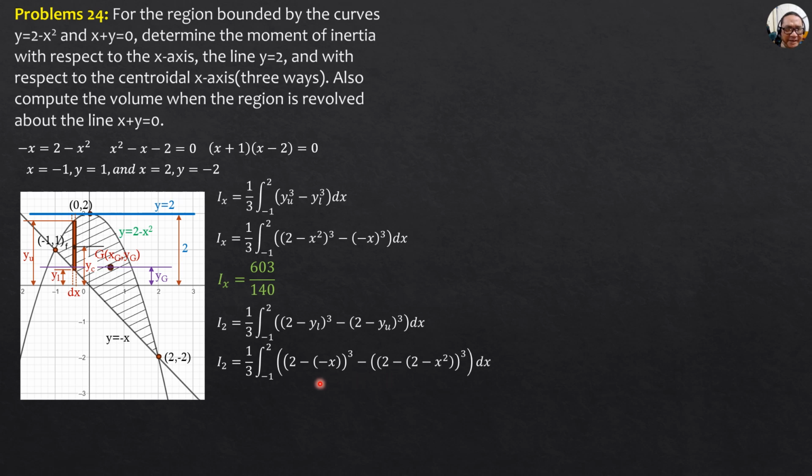So that would be 2 plus x, 1/3 integral from negative 1 to 2 of quantity 2 plus x quantity cube. Then this is 2 minus 2. So the second term here is equal to minus of negative x squared quantity cube. So this is calculator aided again. So the integral is equal to